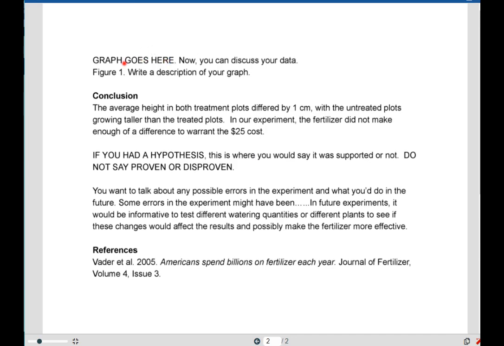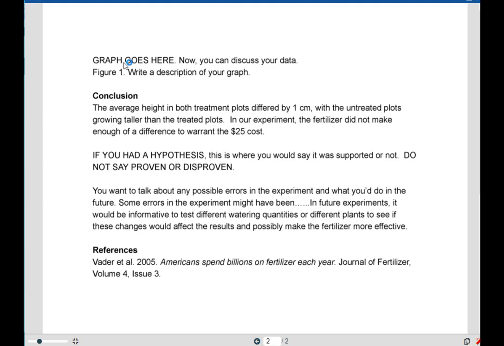This is where you'll put your graph. So, all the things that we talked about in the video that you need for your graph, like a label with units on your X and Y axis, and a title and a best fit line, all that stuff you'll want to put in that graph, and then you can kind of explain your graph. You could say,